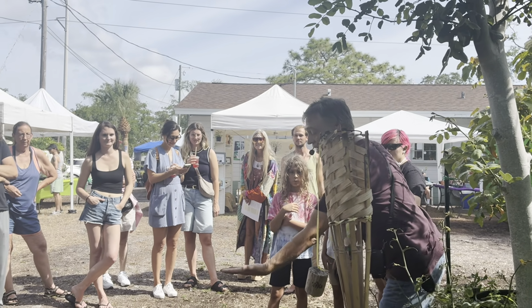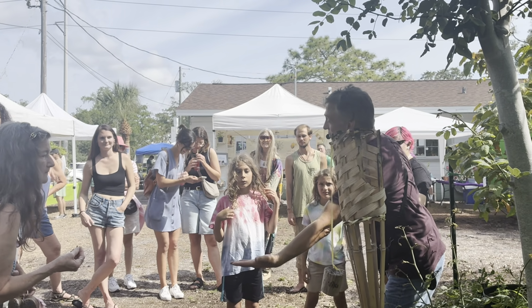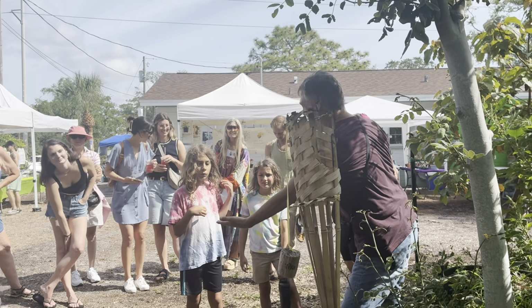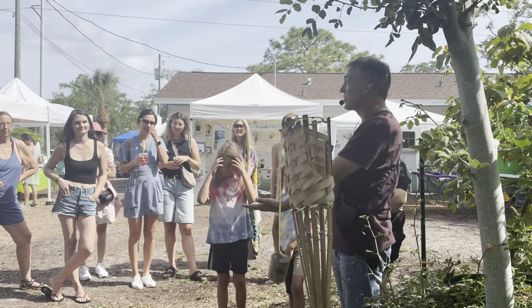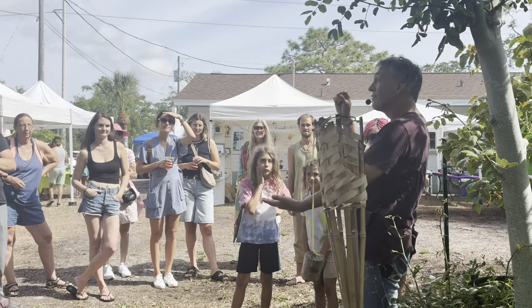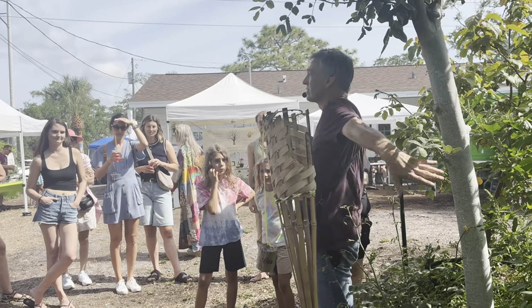So you see those little black seeds there? You can grind that up and make a flour out of it. You can make a cereal grain out of it. It's packed full of fat and protein. And those are the two things, if anybody's eating a vegan diet, that you have to work hard for. And the way you plant this is...